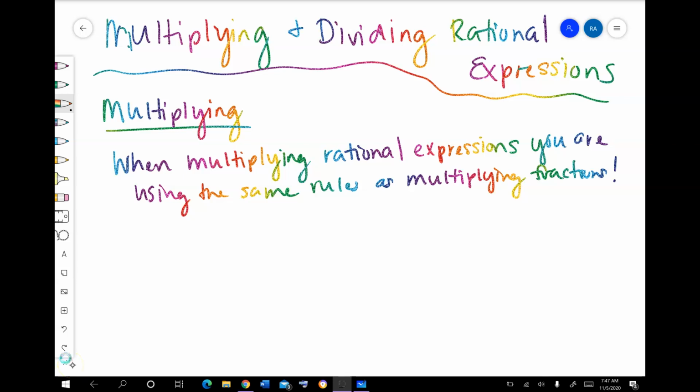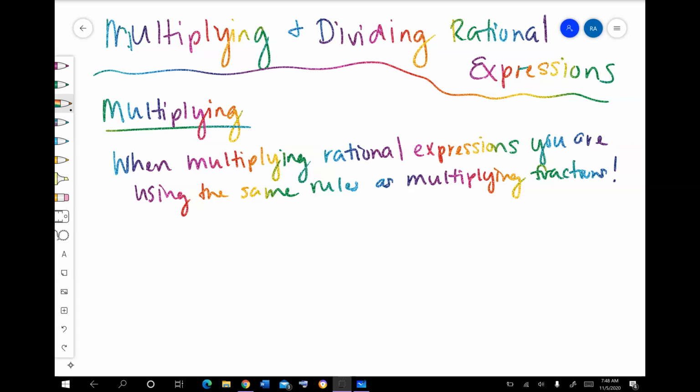All right, so we're going to do multiplying and dividing rational expressions today. First we're going to start with multiplying. Now multiplying and dividing are really the same thing. Dividing just has one itty bitty little tiny extra step, okay? So if you think back to when you were multiplying fractions, well, when multiplying rational expressions, you're using the same